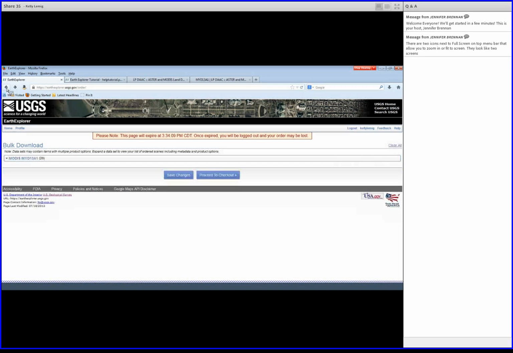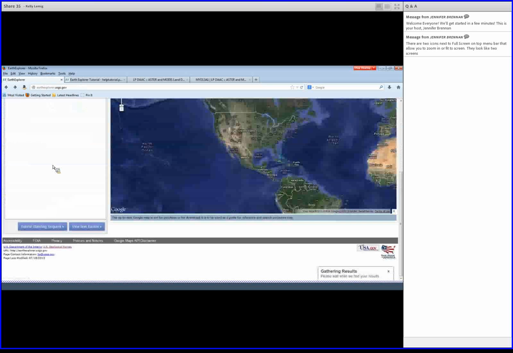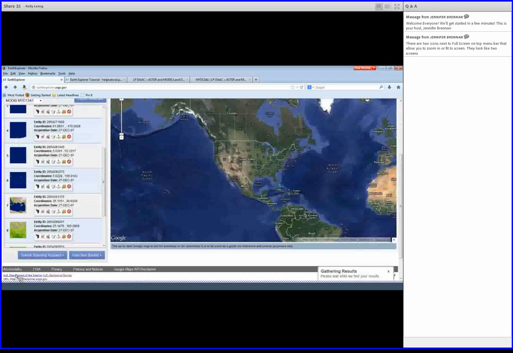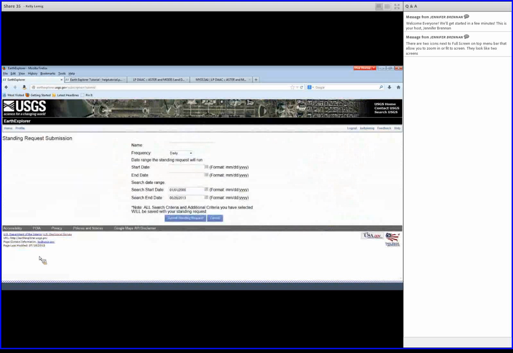So let's go back. And another thing that I'd like to show you is submitting a standing request. So I can click on this button down here called Submit Standing Request. And the name would be the name of the request. So if you wanted to title it Sioux Falls Airport, for example,